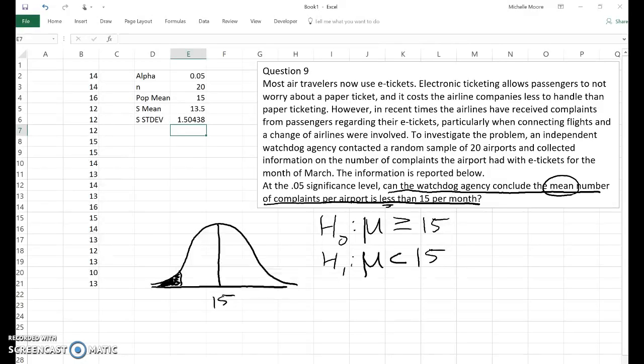Now before we do that, we need to figure out what our distribution is. Are we going to be using Z's or are we going to be using T's? The main question you ask is, do I know population standard deviation? And in this case, we don't. We also have a small n of 20, so we're going to go ahead and use the t distribution. So we need to find the critical value for the t distribution with an alpha of 0.05 for a one-tailed test. So over here, I'm going to put critical t, and let's go ahead and solve for that.